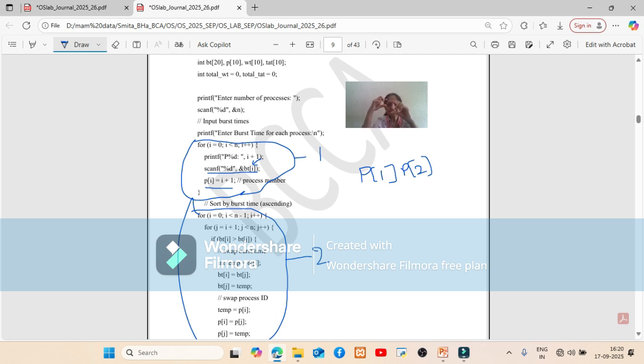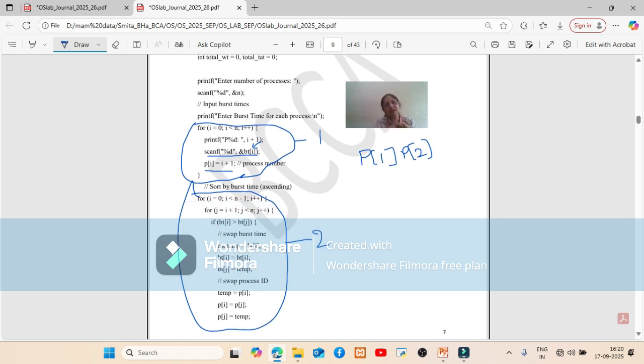If the burst time of process P4 comes to subscript 0, we want to shift the process P4 to subscript 0. That's the reason we are also storing the process numbers into an array. So array BT and array P go hand in hand. If there is any change in array BT, there is definitely a change in array P.